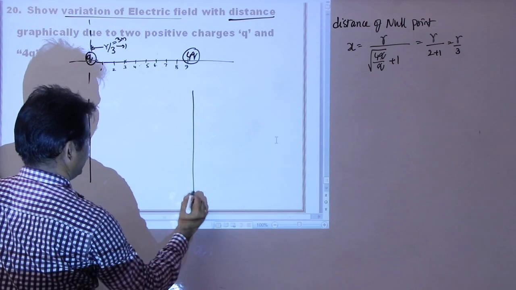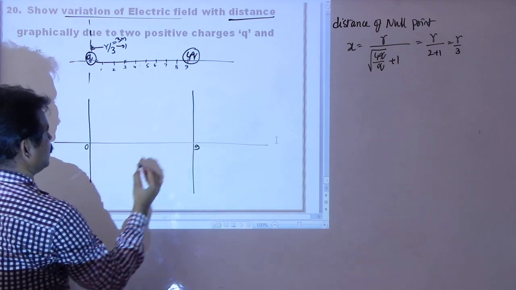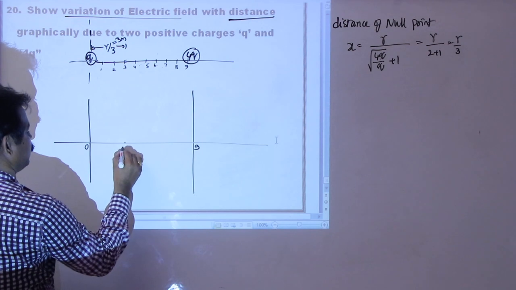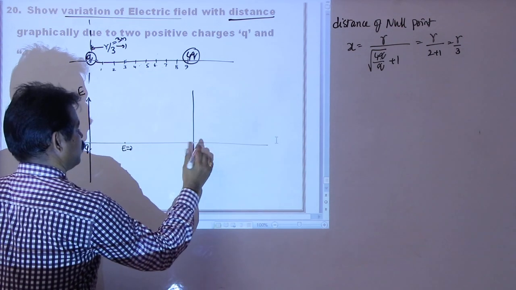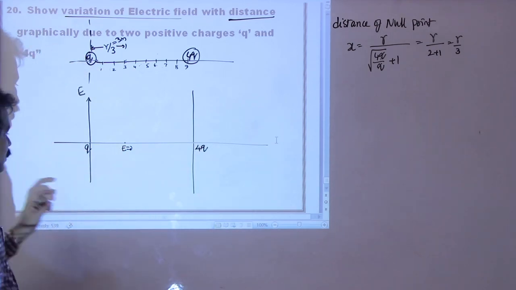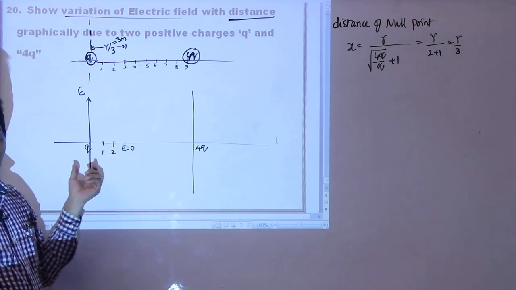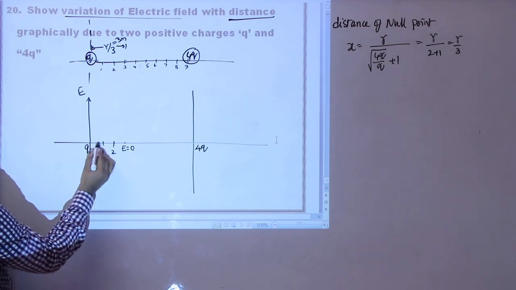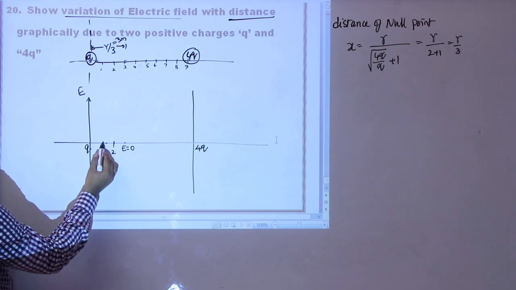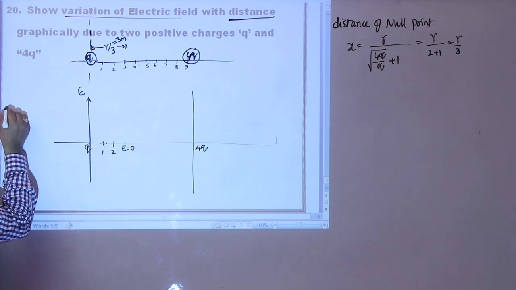Now if you want to draw that graph, let me take these two lines and this is the line. Here, if you take this as origin, this is 9, and at point 3 the electric field is 0. So this is the strength of electric field. So electric field will be 0 due to this charge Q and 4Q. Now at 3 the electric field strength is 0. Now what are the values of electric field at 1 and 2? To find this, if we assume that a unit positive charge is placed here, these two repel with a force and these two also repel with a force.